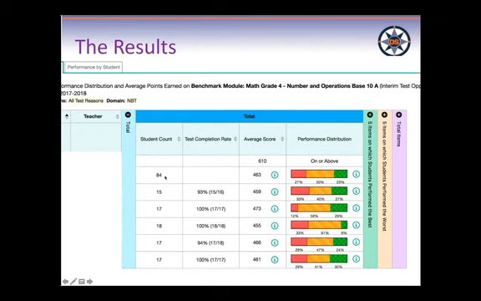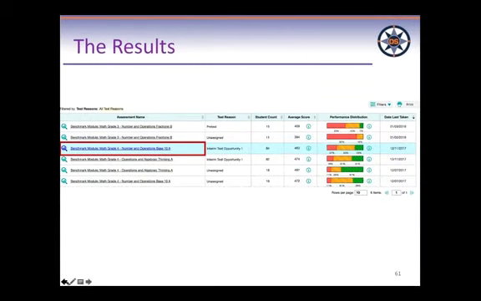The first question is, do you see all the results for all the teachers or just your results? You will only see the results that are in your roster. So if you don't have a roster set up, you won't see them. If you give your class the test, let's say you have 17 kids in your class, and you administer the test the way we just administered, the way you start the session and they take the test, you will not see their results if you don't have a roster. So you have to have a roster set up in order to see your students.